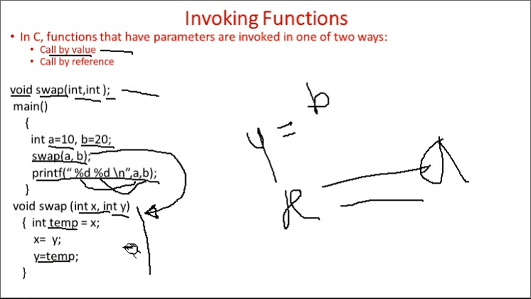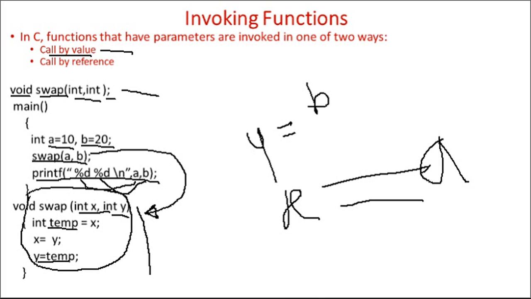After the working of this particular function, immediately on the next line we have the statement printing %d for a and b. What exactly is happening over here? Whatever changes we have done at this function end are not at all reflected to the original values, the a as well as the b. That is the major disadvantage of call by value.